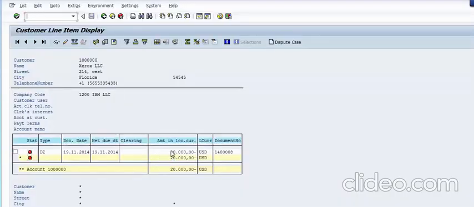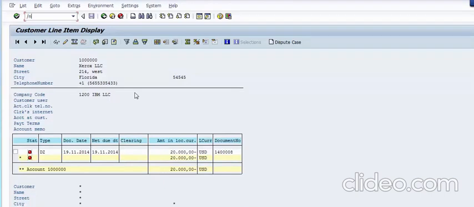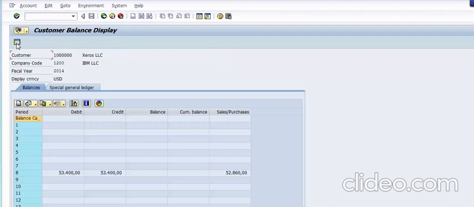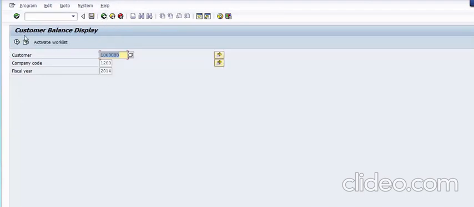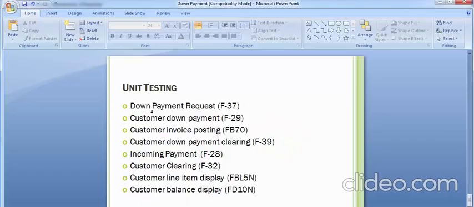Right now there is only 20,000 of balance in your customer ledger account, and the same can be seen with the transaction FD10N. If you move to FD10N, enter, and execute, you can see the balance over here right now is... okay, there's a mistake. What you need to do is fine. You can see the balance over here right now is nothing, but my ledger account shows that there was a balance of